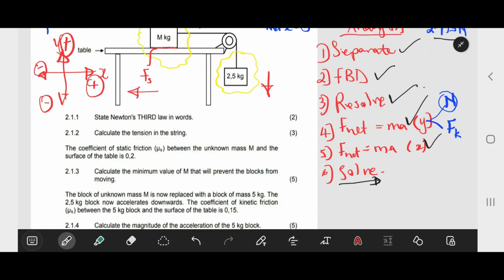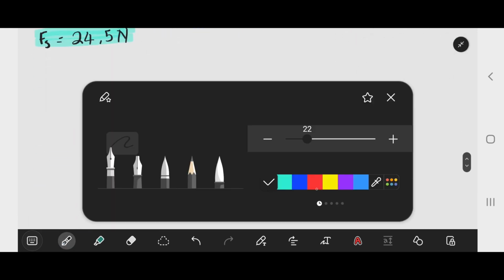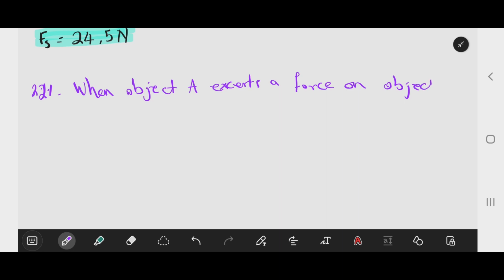2.1.1, state Newton's third law in words. So Newton's third law in words states that when object A exerts a force on object B, object B will exert an equal amount of force in the opposite direction. So when object A exerts a force on object B, okay, object B